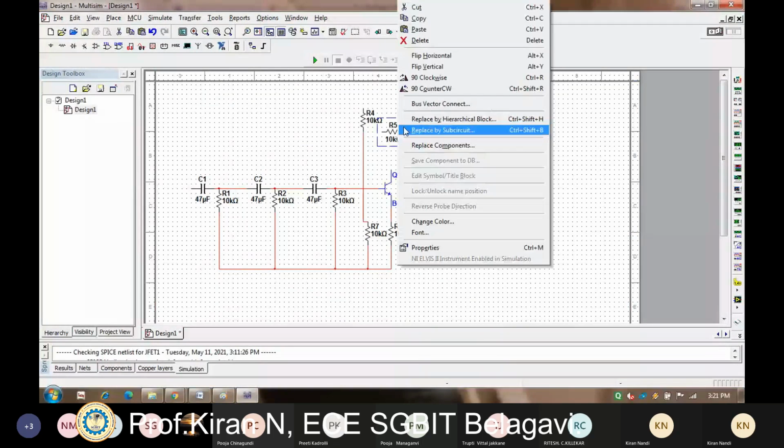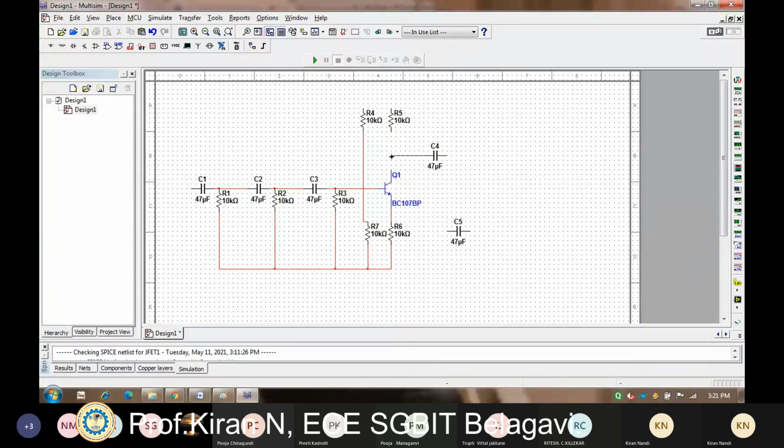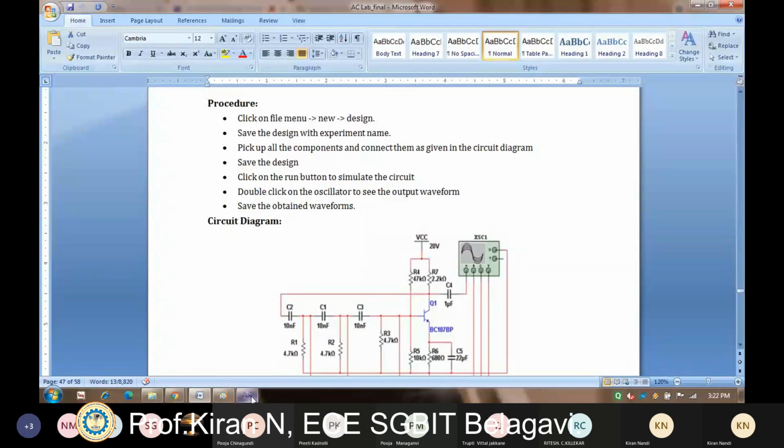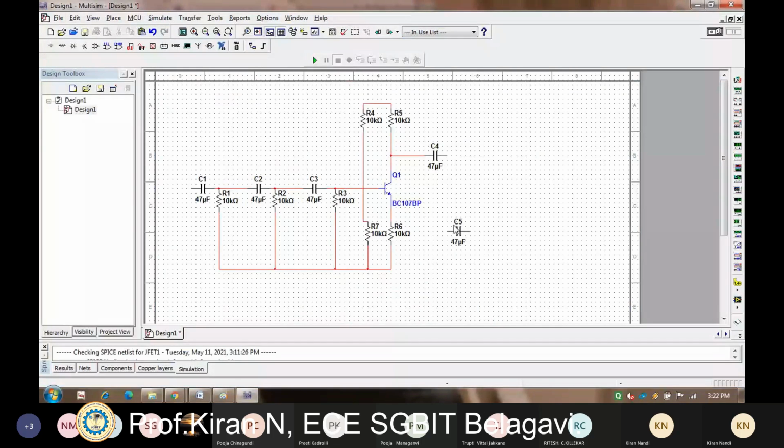Rotate this clockwise. Connect this. Okay, so like this, I have connected all these components now. One thing is I have to connect this capacitor here now. I'll just rotate this capacitor and I'll connect this here like this.